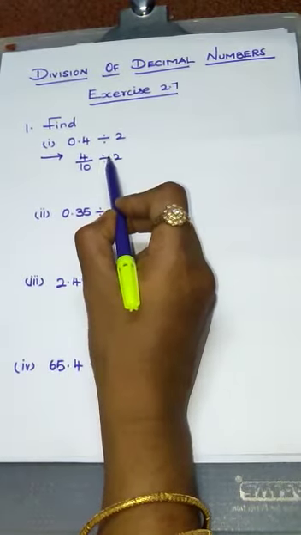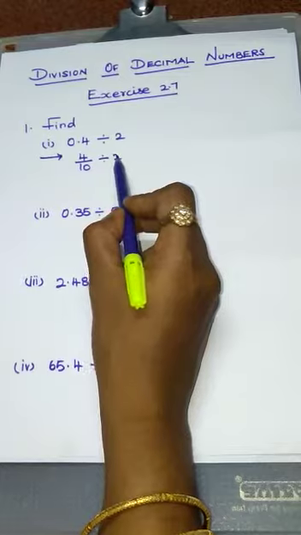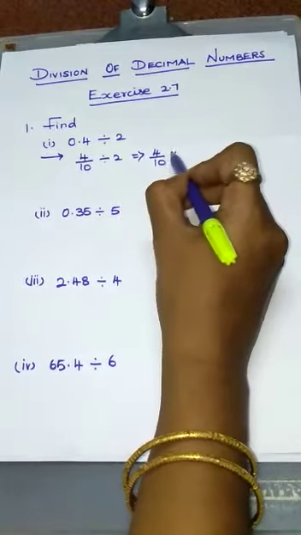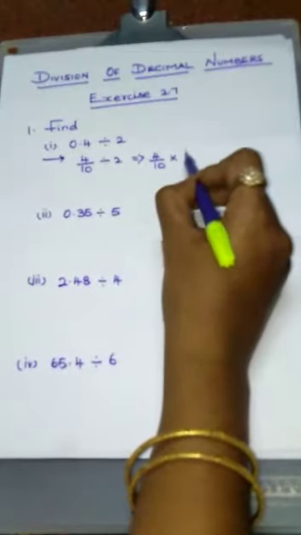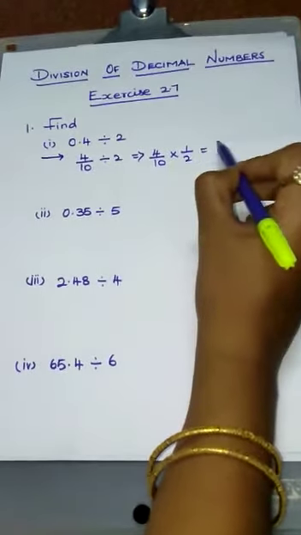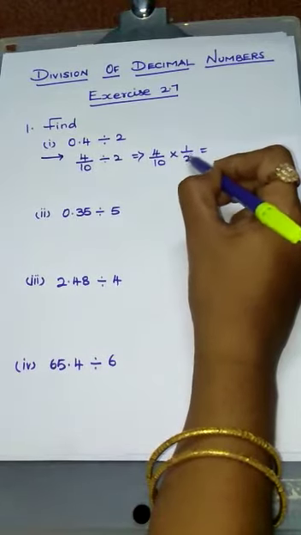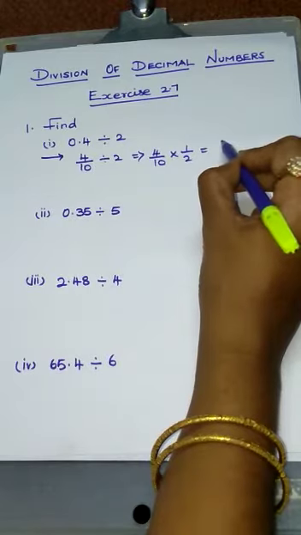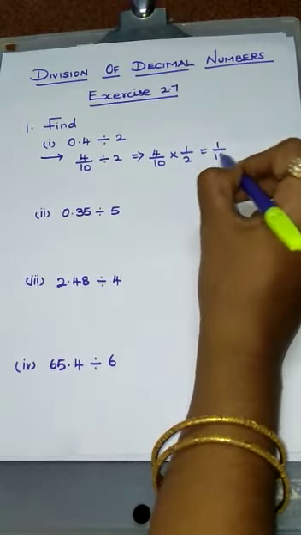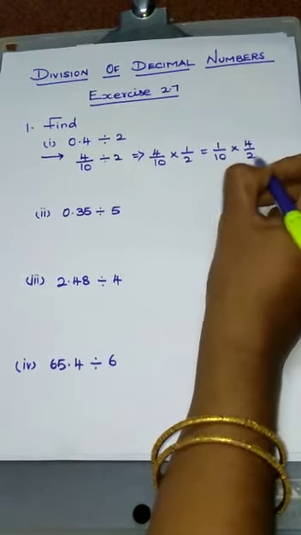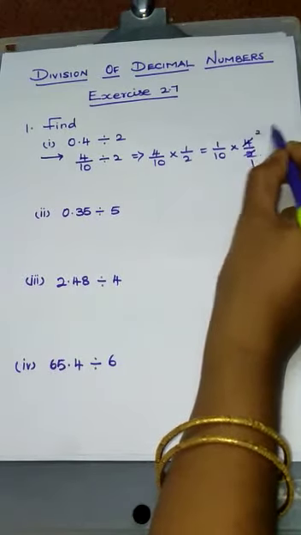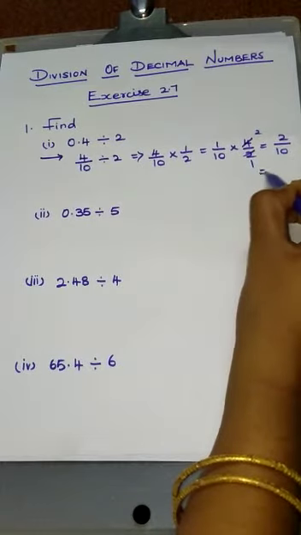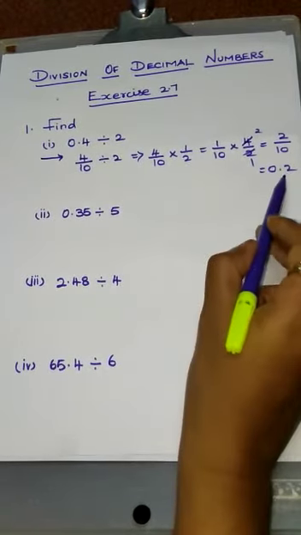Next, this is like division of a fraction by a whole number. So we have to take a reciprocal of the number 2. So 4 by 10 into, what is the reciprocal of 2? 1 by 2. Okay. Now we have to change the values because we cancel the value 4 using the number 2. So how can we write? 1 by 10 into 4 by 2. So 2 ones are 2, 2 twos are 4. So the answer is 2 by 10. How can we write the number 2 by 10? 0.2. So our answer is 0.2.